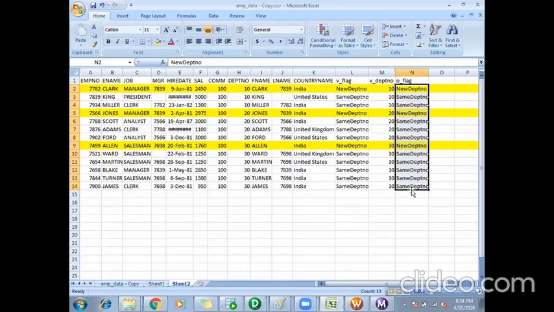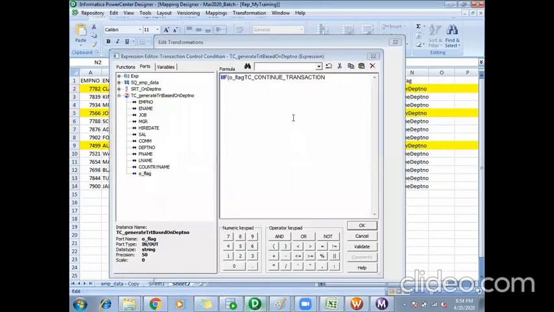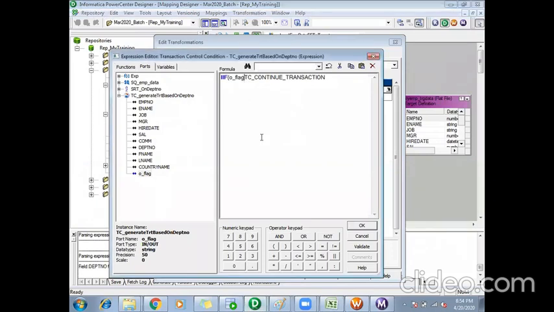So I will say if O flag equals new department number, TC_COMMIT_BEFORE, else TC_CONTINUE_TRANSACTION.